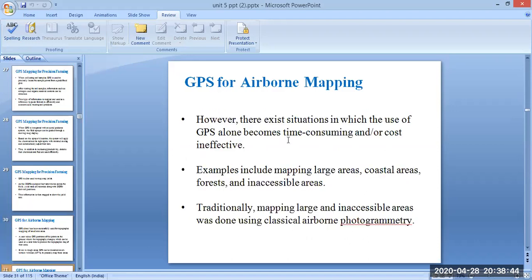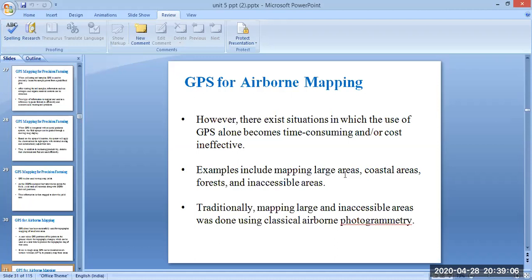Next. However, there exist situations in which the use of GPS alone becomes time consuming and or cost ineffective. So we have a few drawbacks regarding using GPS.